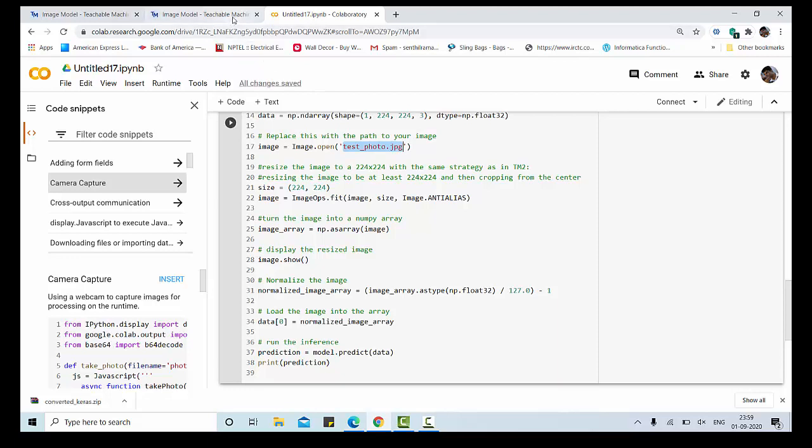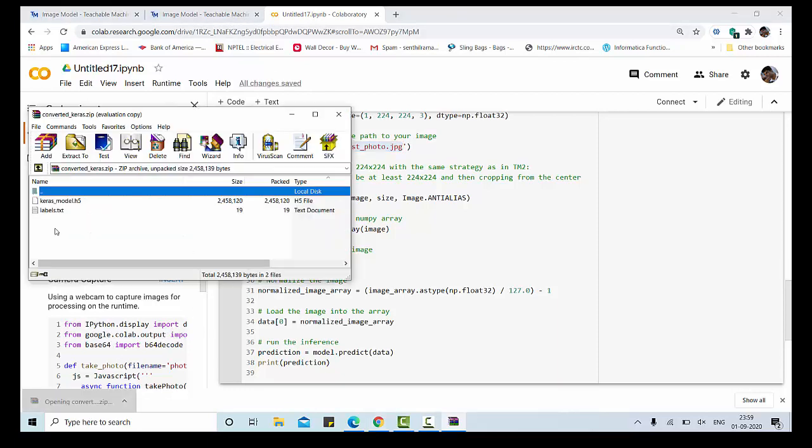Let me go to the model which I already downloaded. This Keras_model.h5 file is your trained model. Labels generate one-hot code, that is 10 represents Gavaskar and 01 represents Teddy. That is 10 for class 1 and 01 for class 2.